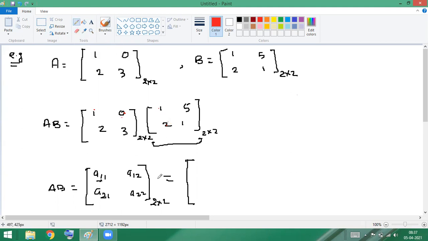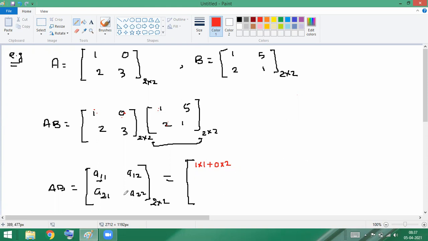Not like this. So what will the answer be then? Can anyone tell me what the answer will be? Guys, am I audible to everyone? So 1 into 1, first row, first column. So 1 into 1, done. अब first row का element बाकी है, तो plus, first row, first column, 0 into 2. Okay, 0 into 2. Clear? This is the first row, first column.